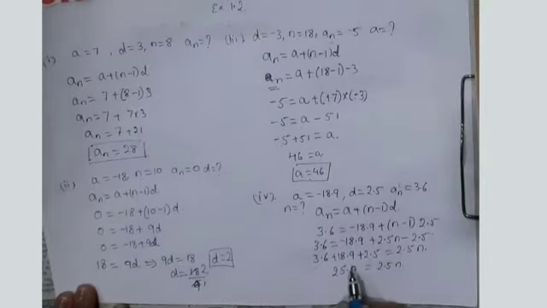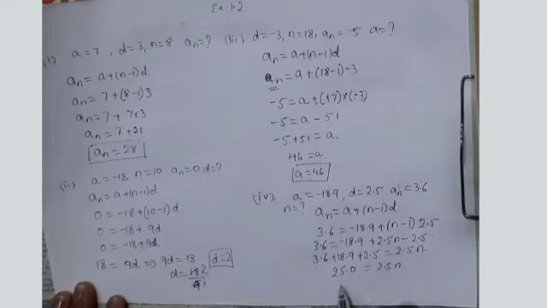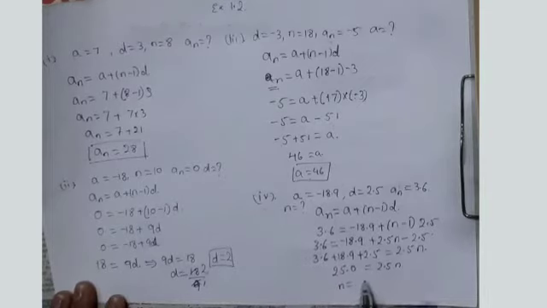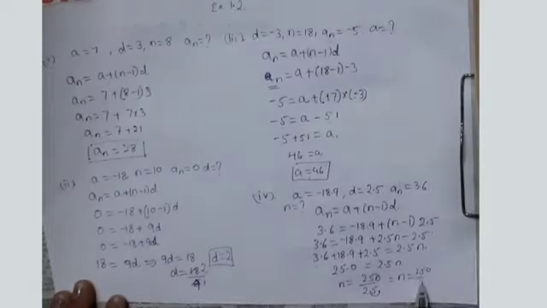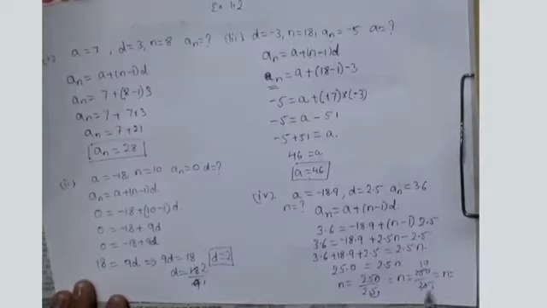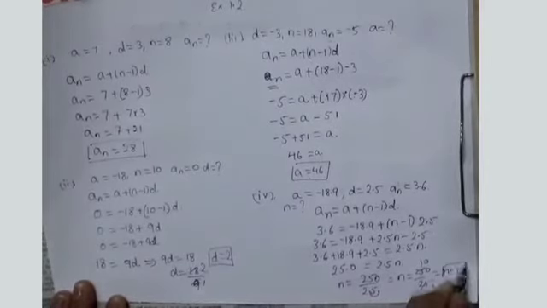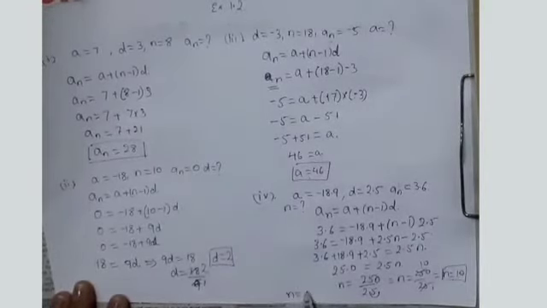So what is the value of N? You have to find out. N will be equal to 25 divided by 2.5. If you are well known with the shifting of the decimals, if I shift this decimal here, then I have to add one 0 here. Therefore N value will be equal to 250 divided by 25. 25 ones are 25, 25 tens are 250. So what is the value of N? N is 10. So the value of N is equal to 10.